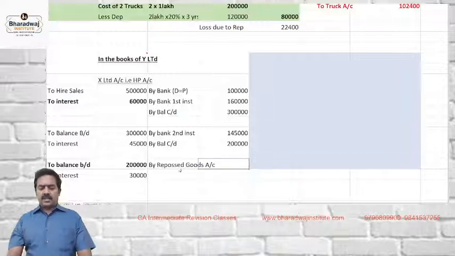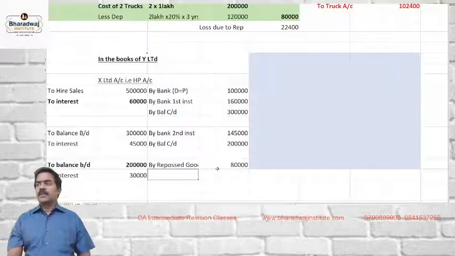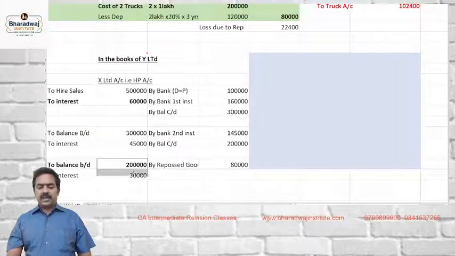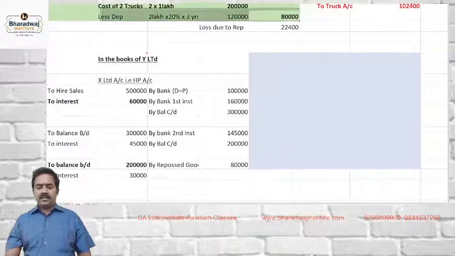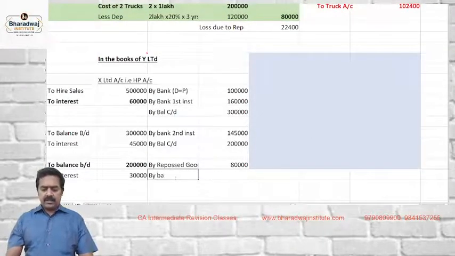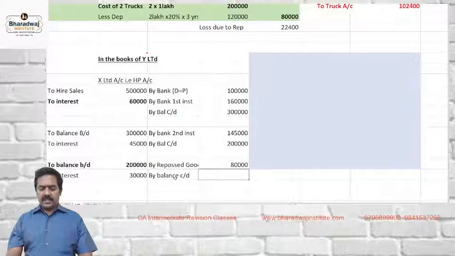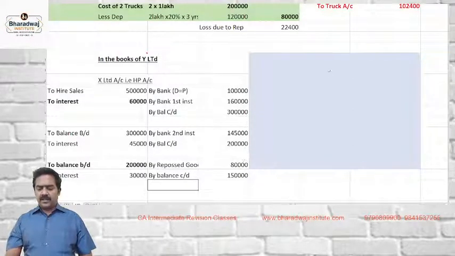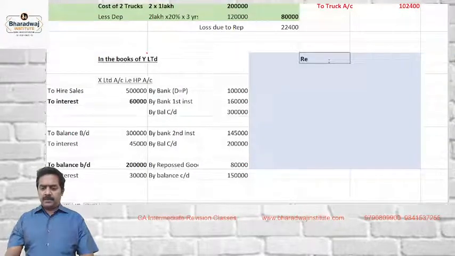The balance will be transferred to what? Repossessed goods account. How much is the value of repossessed goods account? We repossessed for 2,30,000. We revalued, right? Cost of 2 trucks revalued 80,000. By balance carry down, this will be collected in the next year. How much? 1,50,000 will be collected. Wait, when you prepare repossessed goods account,